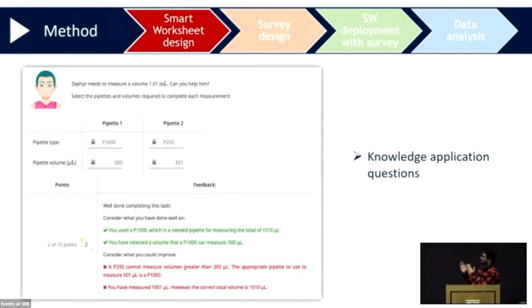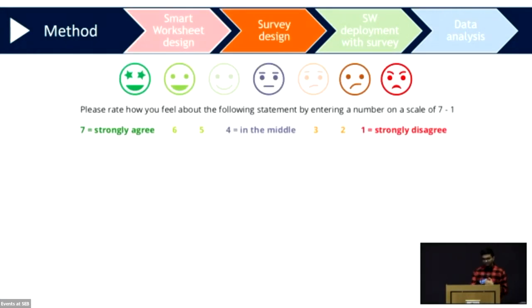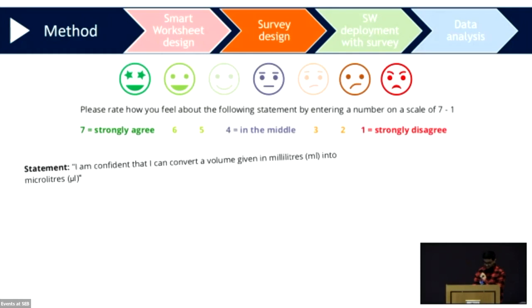And this is the last learning objective, the knowledge application questions. They would have tailored feedback as well. Sometimes if they're not really accurate, they would have more feedback. In terms of the survey design, we use the Likert scale, and just some questions that we asked, like if